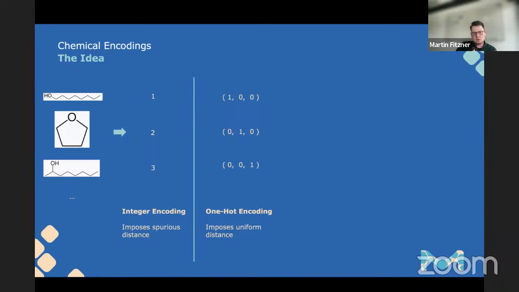So on the left, you see some solvents. And the traditional ways of including or encoding them for machine learning applications are outlined here. If you, for instance, do an integer encoding, you would just give each of these labels or graphs or pictures a number, and then your tabular machine learning can work with that. I think the problem here is pretty obvious.